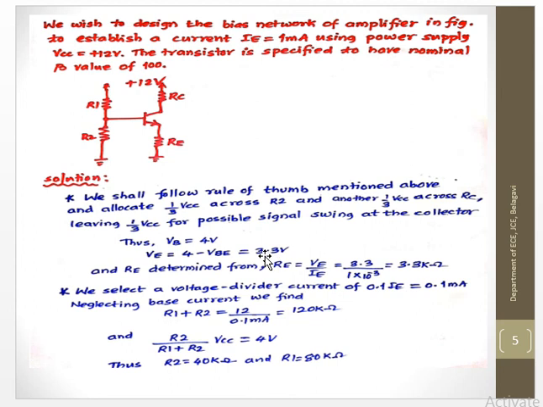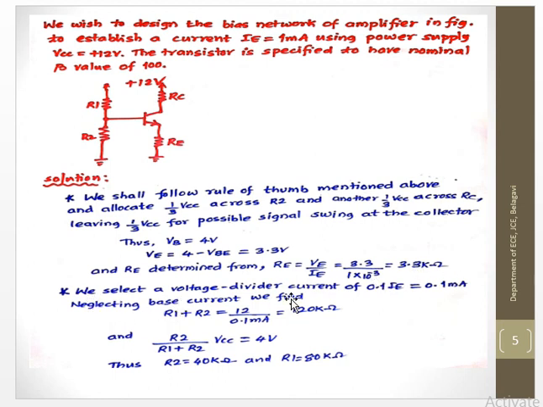We know the voltage at this point, the emitter terminal, is 3.3 volt and the current that is flowing is 1 milliampere. If I want to find the value of RE, you can take the ratio. Voltage at the emitter terminal, 3.3 volt, divided by the emitter current, 1 into 10 raised to minus 3, that is 3.3 kilo ohm.